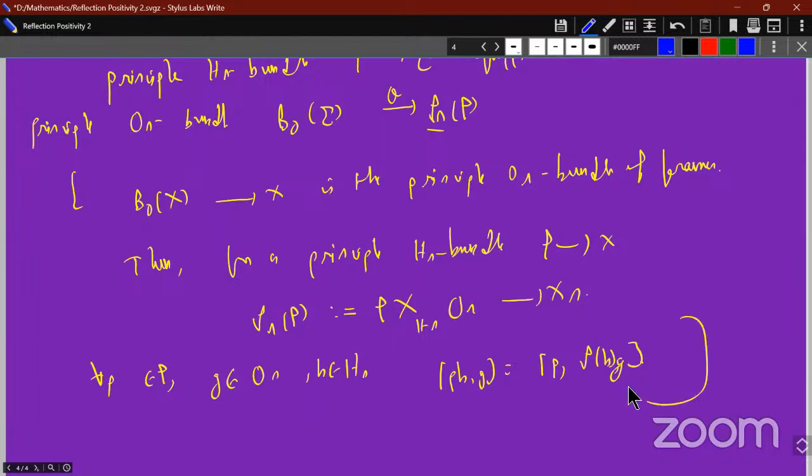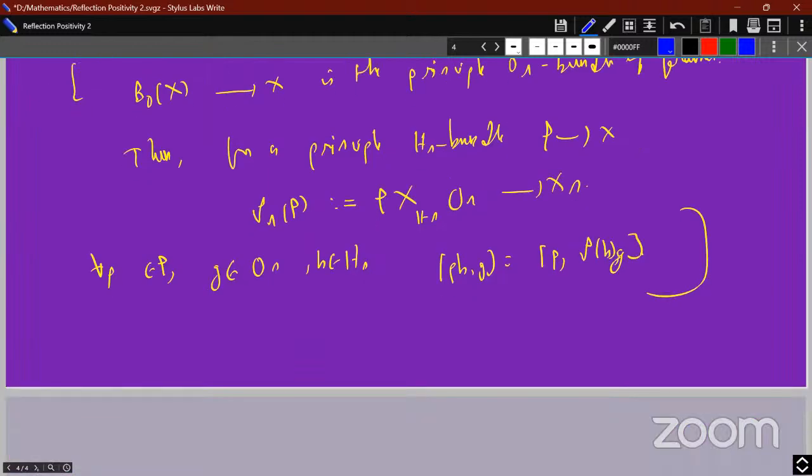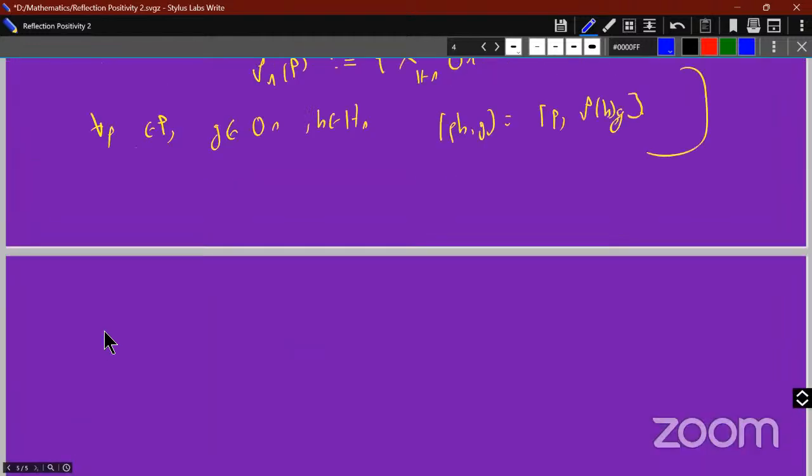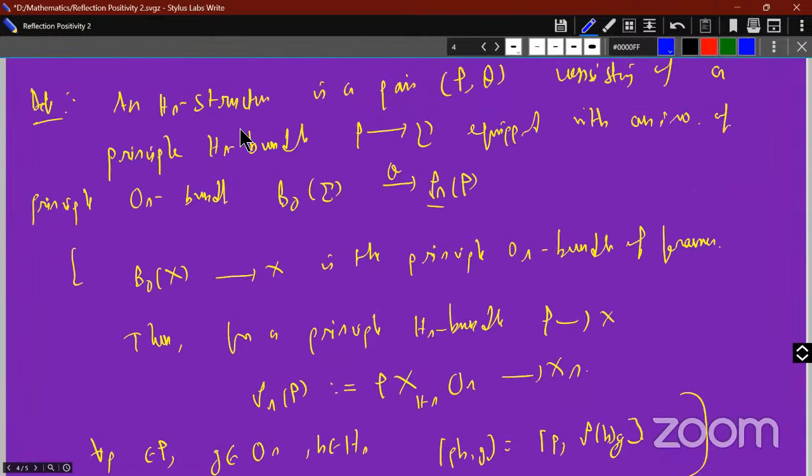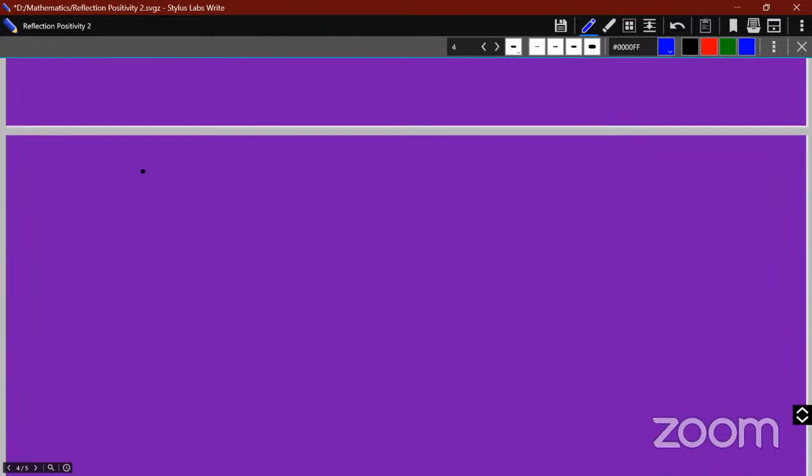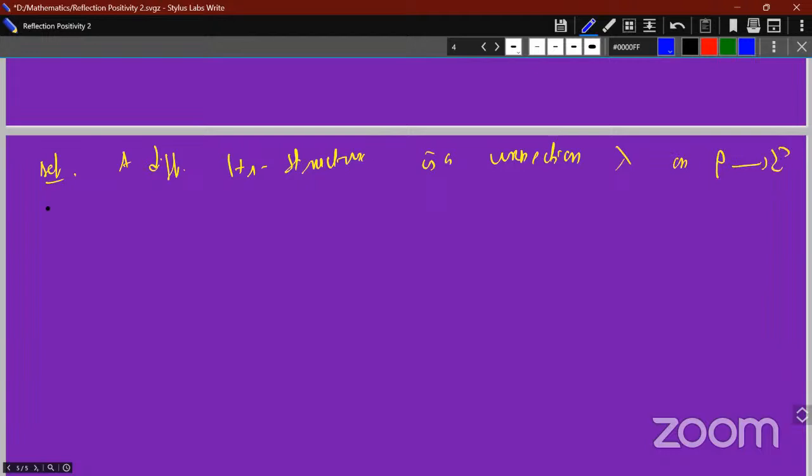Right, so just to recall. Okay, now I'll define differential Hn structures. So now we have the notion of an Hn structure. Now we've got the differential Hn structure, which is a connection. So we need lambda such that